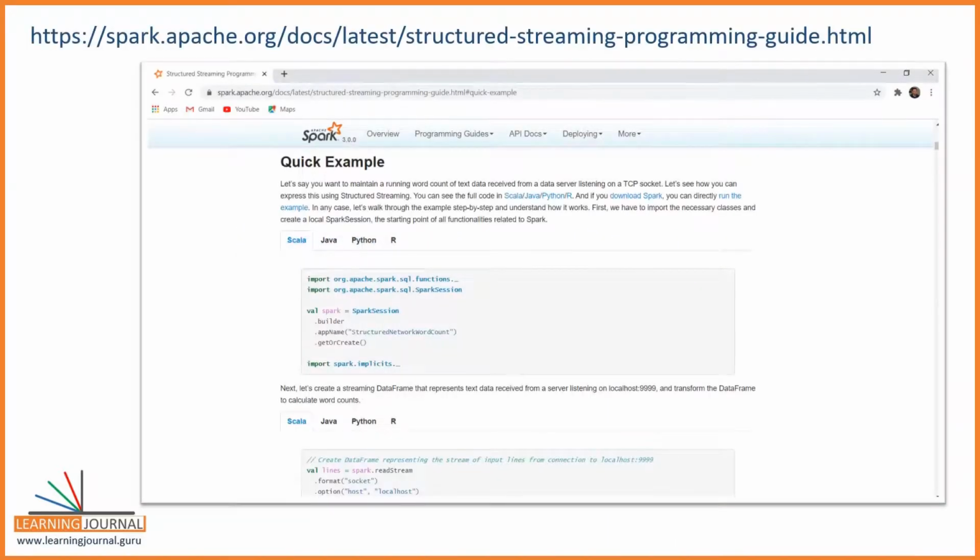You can get the details here. Great. Reading a text stream and counting words is an excellent example to start with. This example might not make a lot of practical sense, but it can help you get the first sense of how Spark streaming works in Apache Spark.